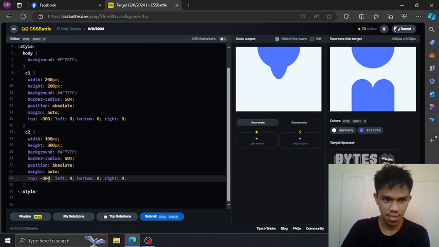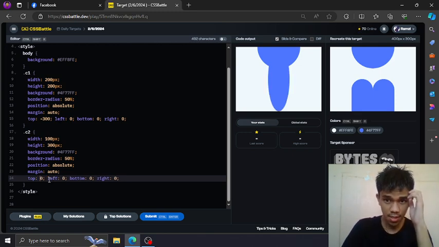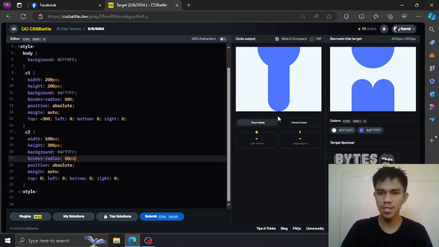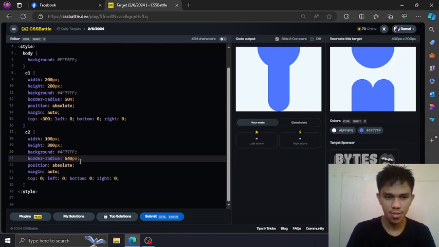So let's make the center first. Then the border isn't percent but pixel, so that we get this evenly shaped curve. Okay, so let's reduce that.